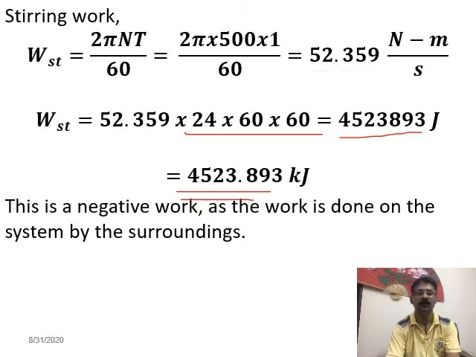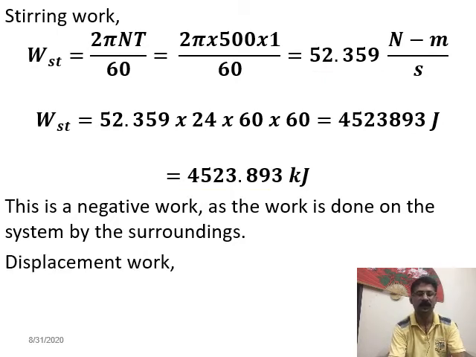Next you have to calculate the displacement work, because meanwhile the piston is displaced and the volume is changing. So displacement work W_D from 1 to 2 is given by the integration from 1 to 2 of P dV. Here you have to integrate P dV for the given condition, that is a constant pressure. For the constant pressure process, you know directly the work done formula, and you can write the formula and simplify. So let us move on to the next slide.